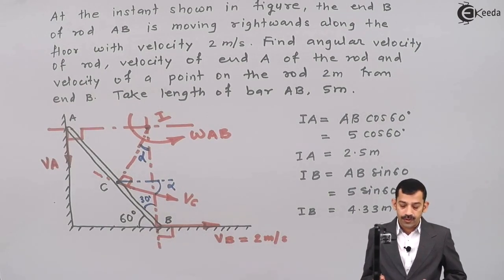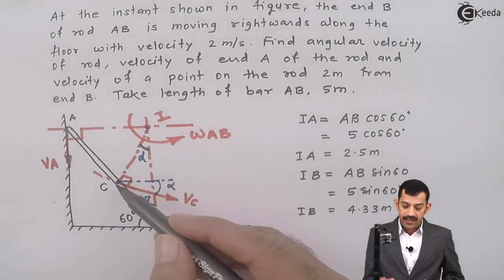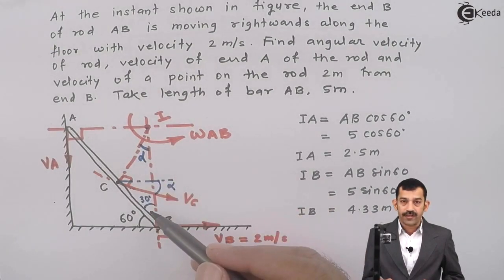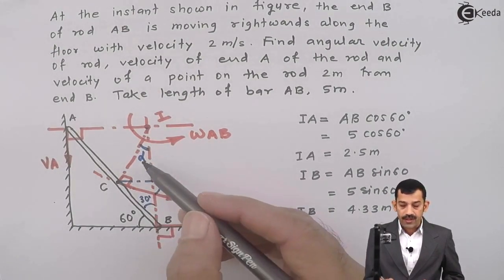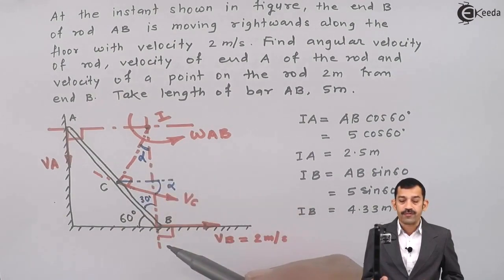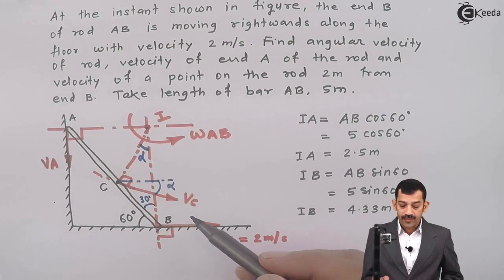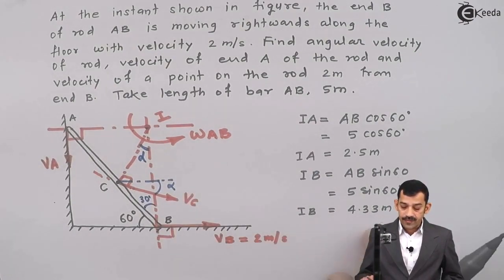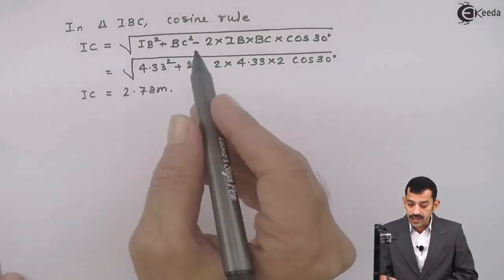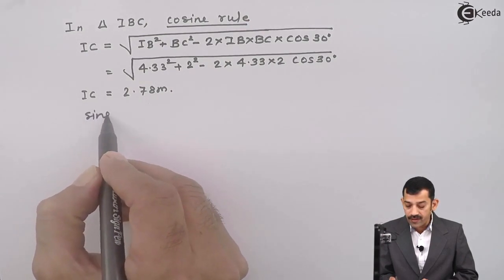If you use the sine rule, any length of side, opposite length is BC, so we will write BC upon sine alpha. That means BC upon sine alpha equal to IC upon sine of 30. In same triangle IBC, now we will apply sine rule. In same triangle cosine rule already there. Now using sine rule